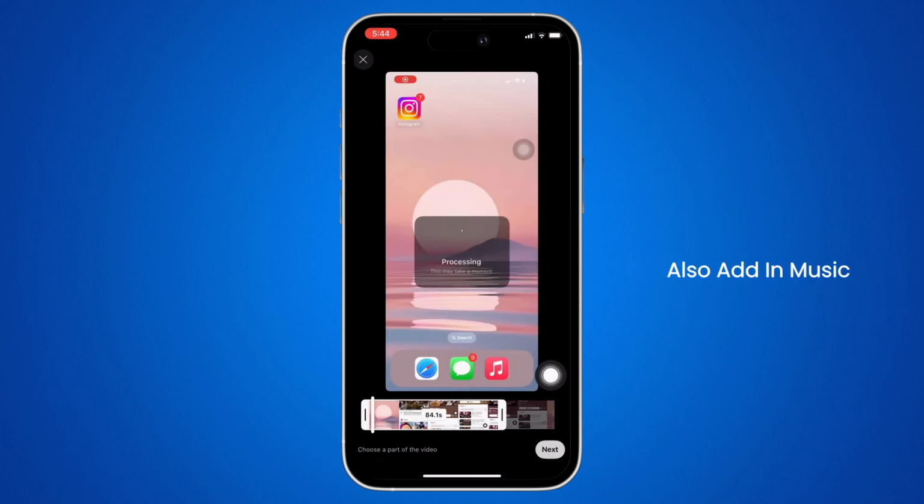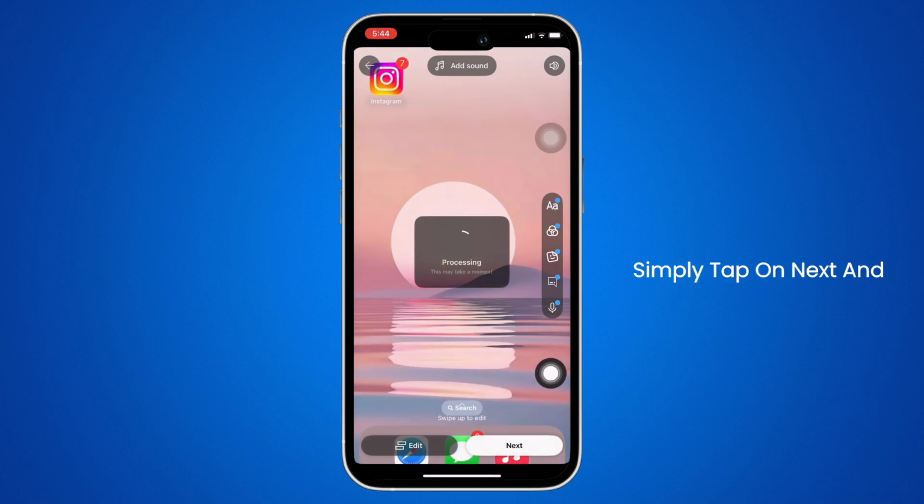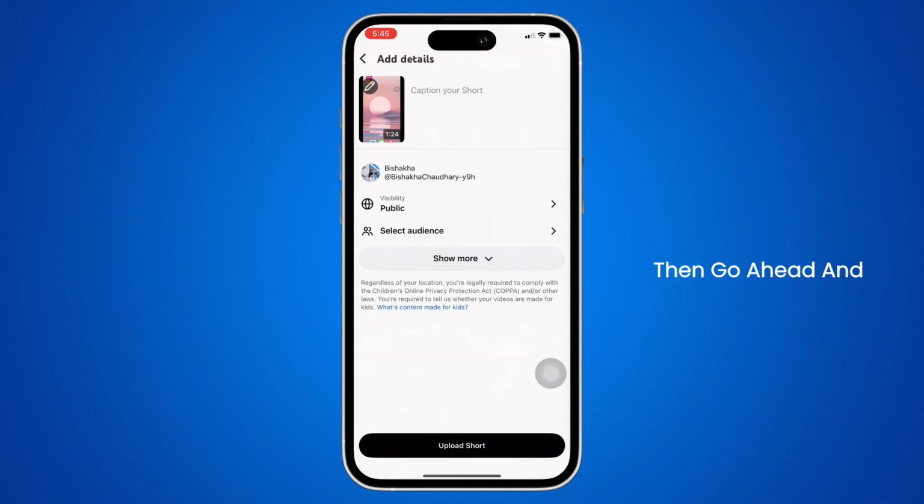You can also add in music or you can add in pictures, text, or whatever changes that you want to do. Once you are done making the required changes, simply tap on next and then go ahead and add in